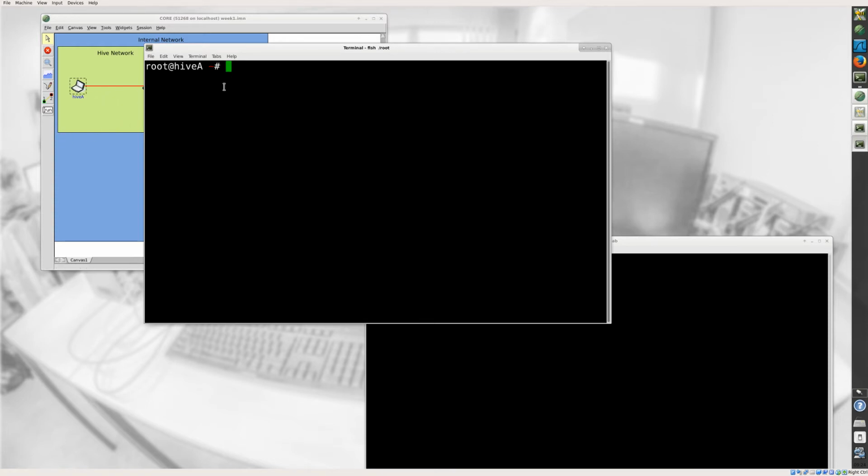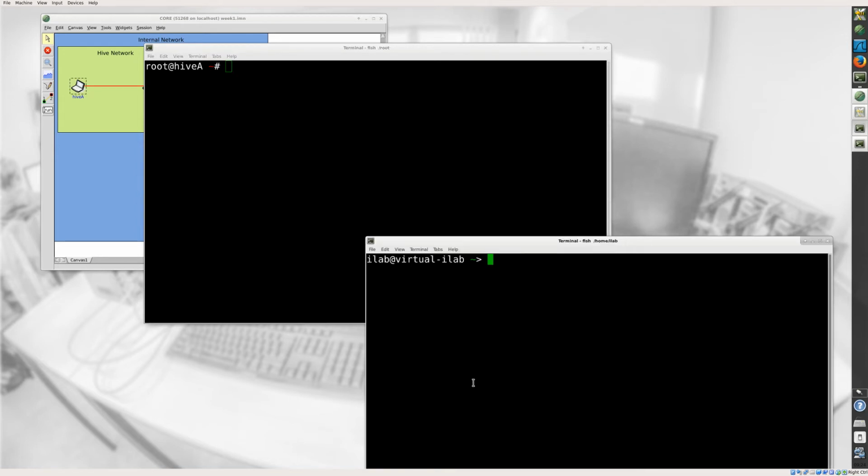In the core terminals, you are root by default. Usually you can just type in your commands and you have all the necessary rights. If in some exercises you have to access files or change configurations where you are not logged in as root user, but for example as iLab user, you can use sudo and then type in the command, like for example sudo nano file.txt.